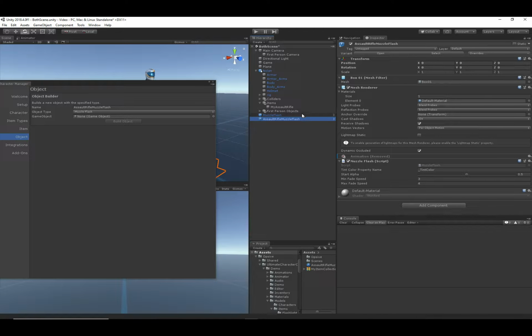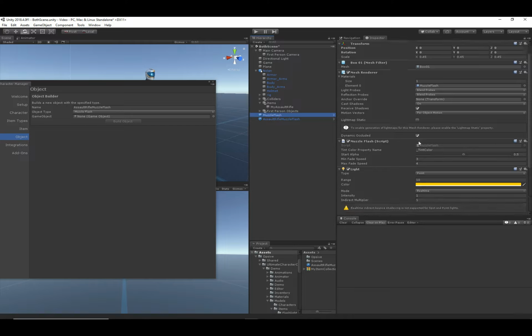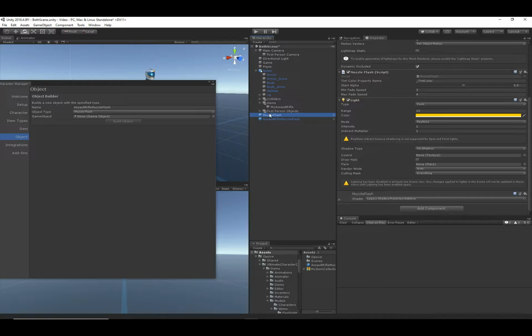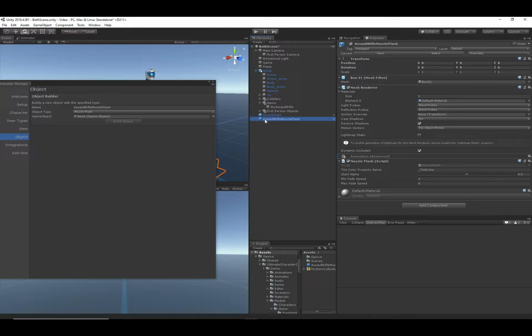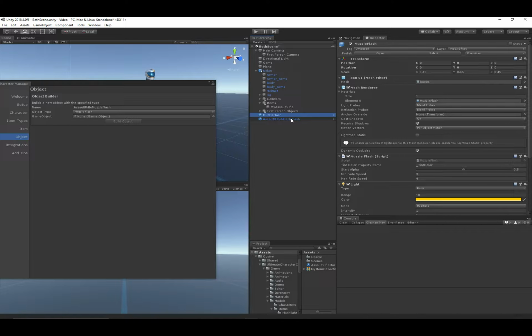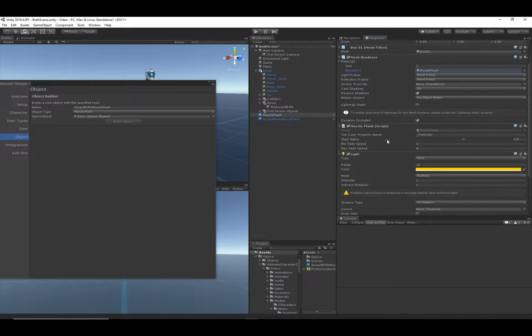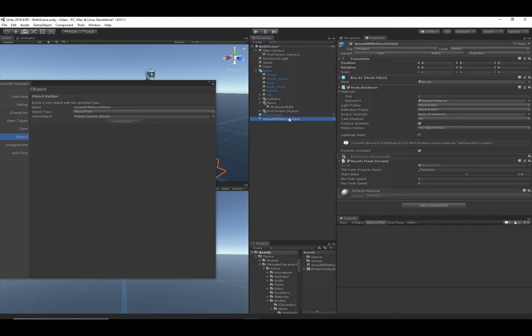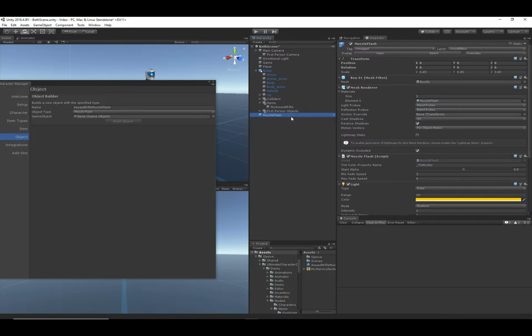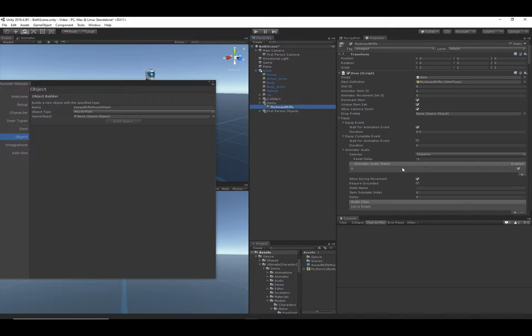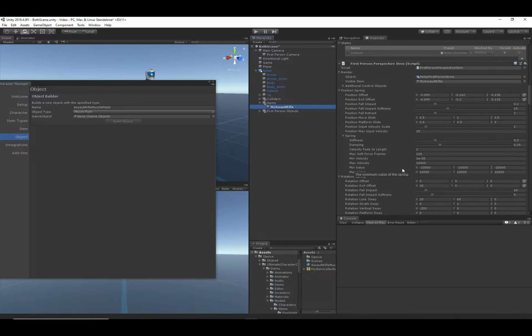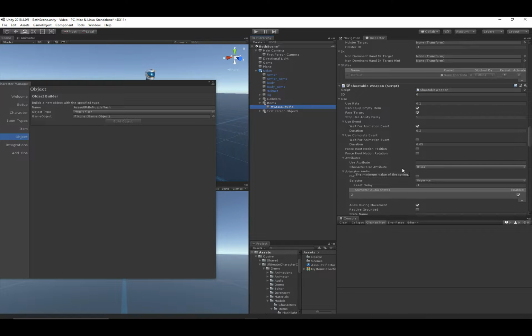We also need to change the material, and then we need to add a light source for the muzzle flash. So I guess I'm going to admit defeat. I'm going to use the muzzle flash we already had created instead of you watching me drag this in and then add the light. But that is how you create a muzzle flash. So let me just delete that, and I will delete that as well,